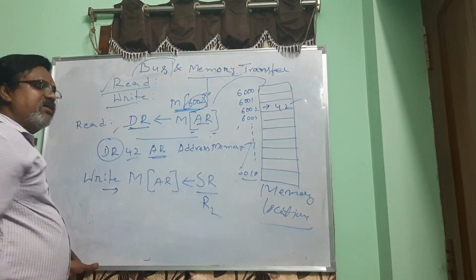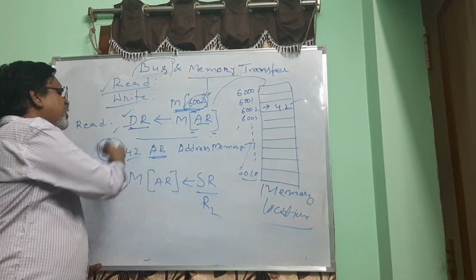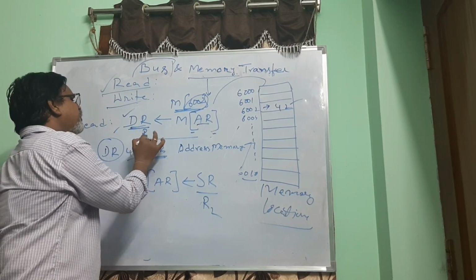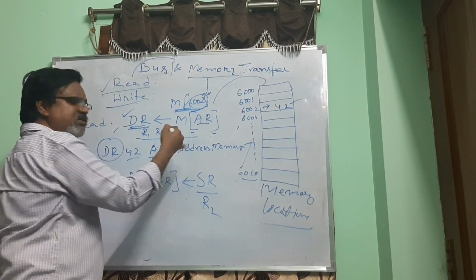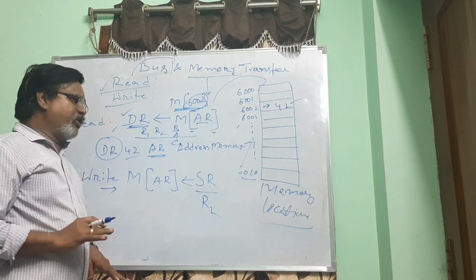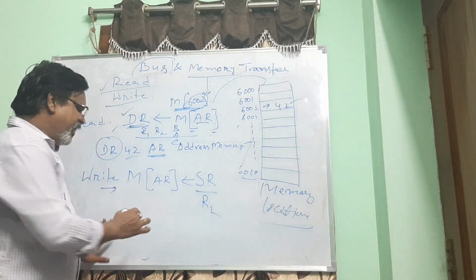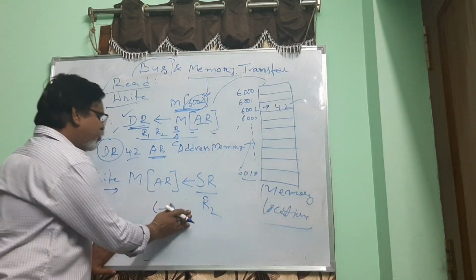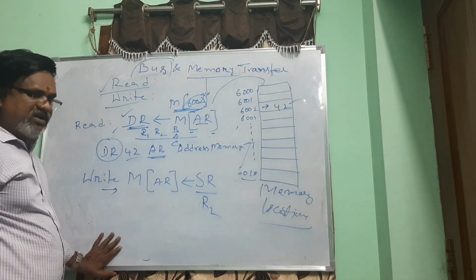Now you come to the write operation. The read is reading something from the memory location to the destination register. Again I am repeating, the name of the destination register can be anything: R1, R2, or simply B, A or C, whatever you put. That is left for you, but the notation rules I told you, with symbols and numerical values and braces to represent part of a register, you have to follow while naming registers.